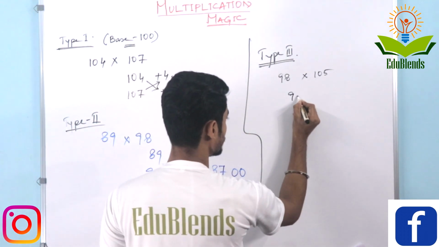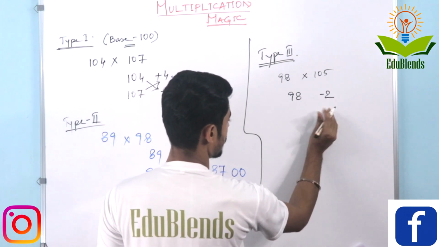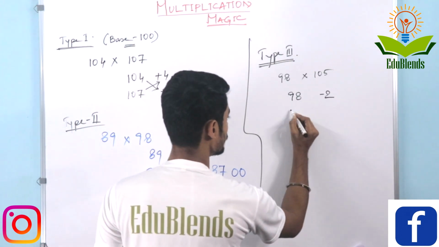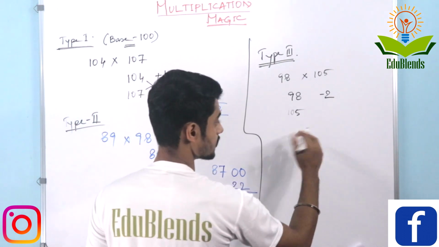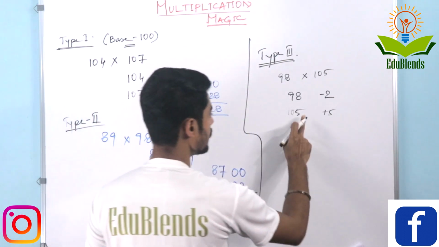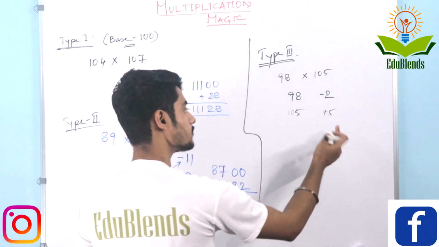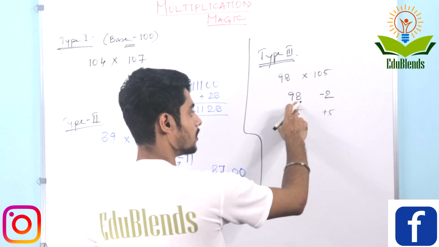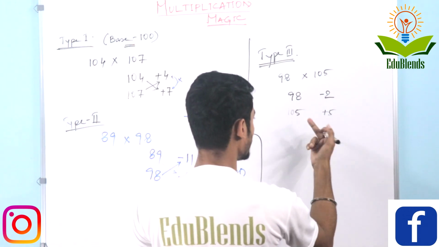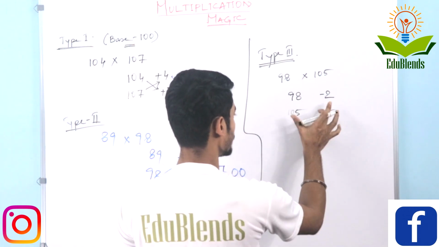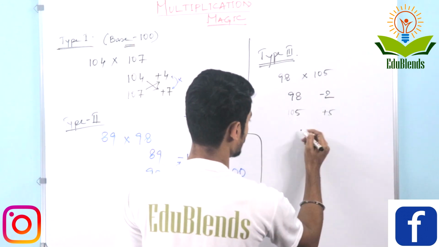Now 98, this is 100 minus 2, and now 105, this is 100 plus 5. Now you can subtract 2 from 105, or you can add 5 to 98. So we are taking this or this, whatever you can, we are taking this, say 103